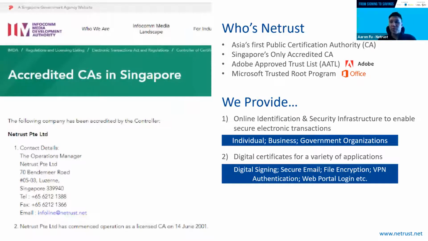So who is Netrust? Basically, we are Asia's first public certificate authority, and we are also Singapore's, at the moment, only accredited certificate authority. As a certificate authority, we also have our certificates trusted in the Adobe approved trust list. What this means is that if you use a certificate issued by Netrust to sign on a PDF document, it will automatically be trusted when you open it on Adobe. Netrust is also in the Microsoft Trusted Root program. So what this means also is that if you sign a document using a Netrust certificate, it will be trusted